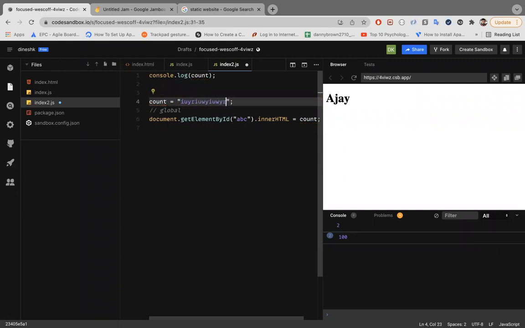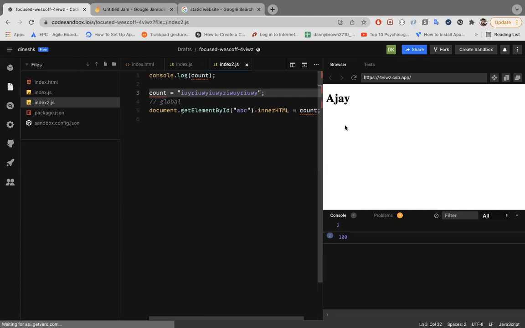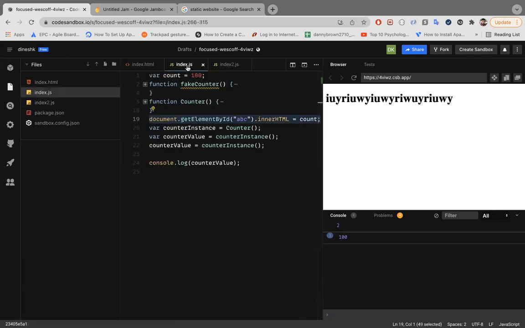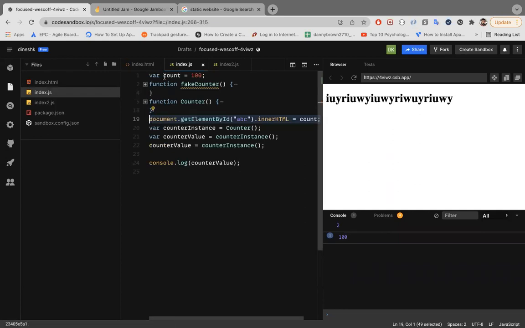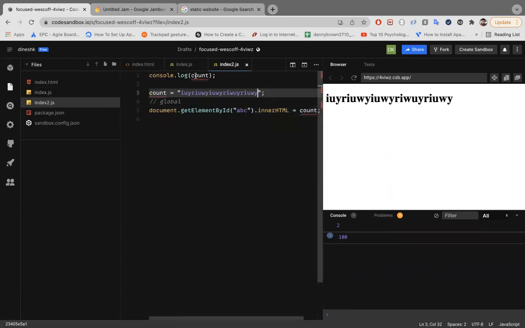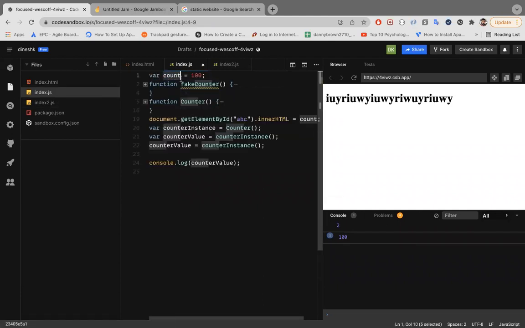तो वो गार्बेज डेटा यूआई पे दिखना शुरू हो जाए। ठीक है, तो ये वेरिएबल बहुत अनसेफ होता है व्हेन इट कम्स टू ग्लोबल कॉन्सेप्ट। ठीक है, नाउ कंसिडर अ पॉइंट कि एक index.js फाइल मैं बना रहा हूं और index2.js फाइल अजय बना रहा है। हम दोनों ने ही एक टाइप के वेरिएबल नेम को यूज किया है। अजय को भी काउंट वेरिएबल यूज करना था, मुझे भी काउंट वेरिएबल यूज करना है।